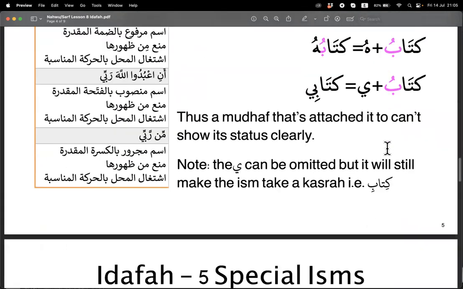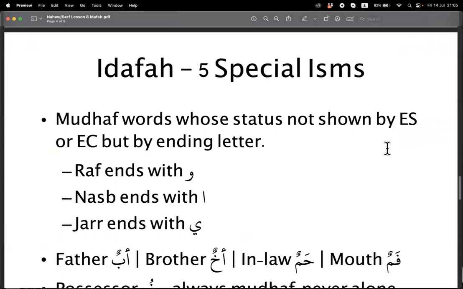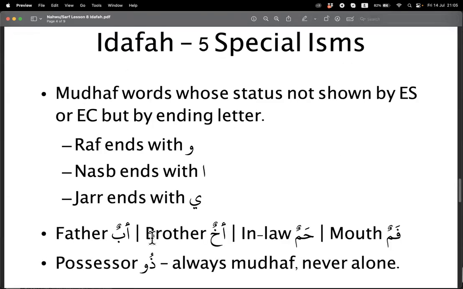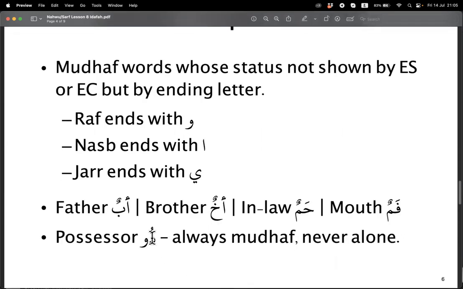One more thing for Idafah, we have something called the five special ism. This is for these words: abun, father; ahun, brother; hamun, in-law; famun, mouth; and zu, possessor. So all these words are special because when they